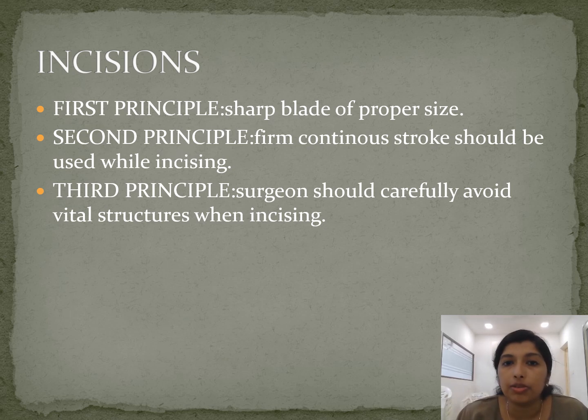Coming to the second principle, a firm, continuous stroke should be used while incising. You should not repeatedly place the incision over and over again. The third one is the surgeon should be careful to avoid vital structures when incising, especially arteries. And